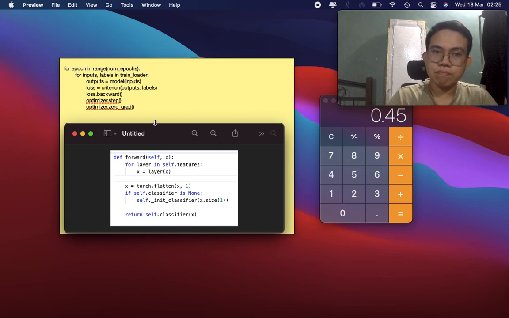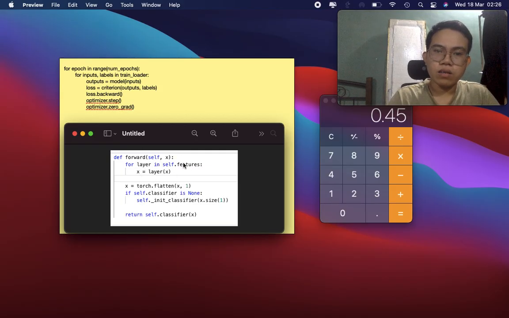So here, what we are actually seeing is the training loop of the model. Inside of this model, we call it forward. The x here is actually the input value, or the raw features that came from this train loader. Every batch we put here in the inputs is raw data, and we forward it here. So the forward pass will begin.